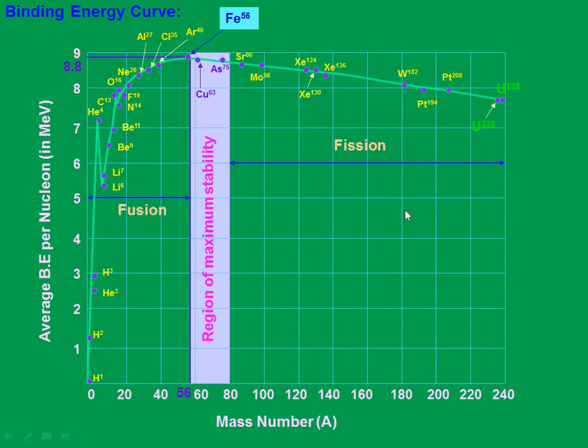And the nuclei below this region, which is nothing but the region of maximum stability, are also unstable. Even though they are very small nuclei, still they want to attain more and more stability, and thus they will combine together, and that is the process we call fusion, combination of nuclei. And now if you look at the special features of this binding energy per nucleon curve,